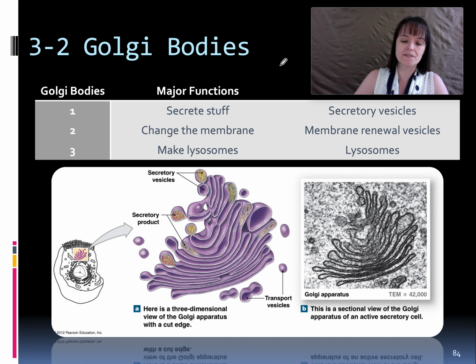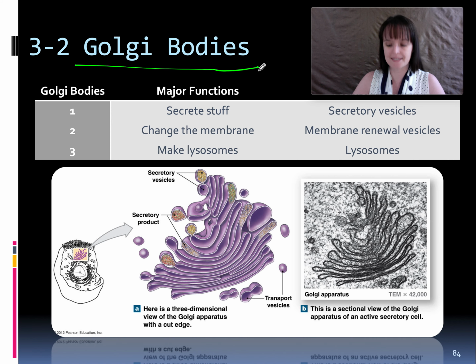So transport vesicles carry proteins from the ER to the Golgi bodies. You can call them Golgi bodies or the Golgi apparatus. Either way works. Describe the Golgi apparatus. It is a, they said, a stack of dinner plates. Okay. And it acts as the Amazon warehouse. If the endoplasmic reticulum is the manufacturing space,